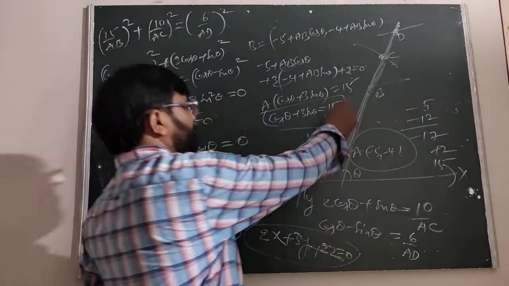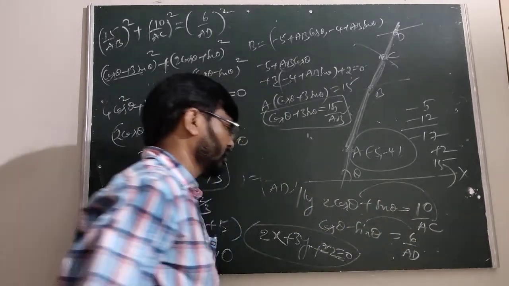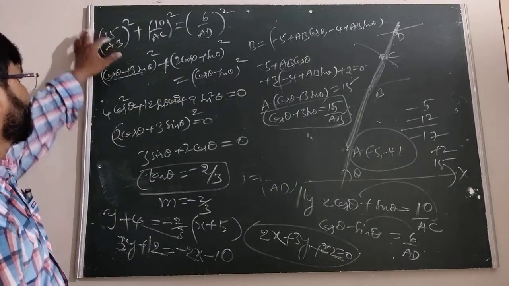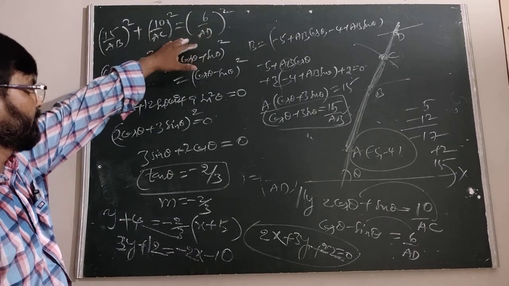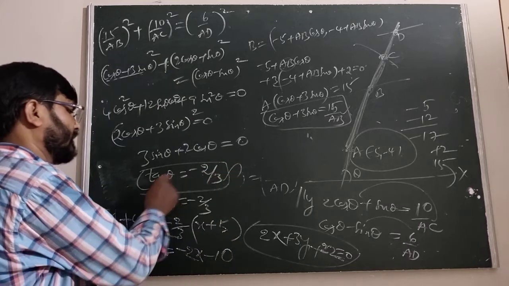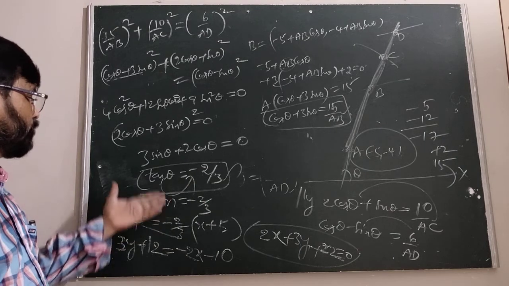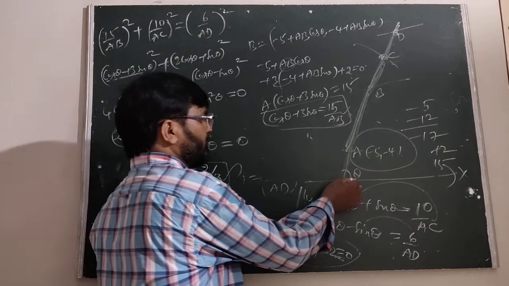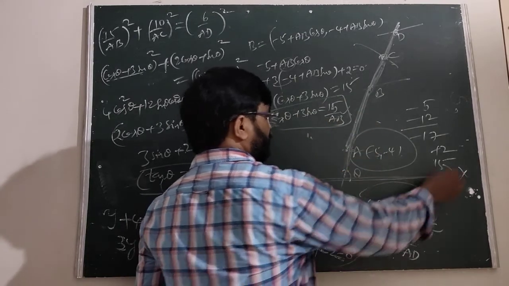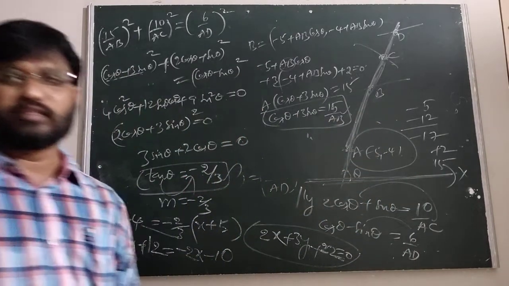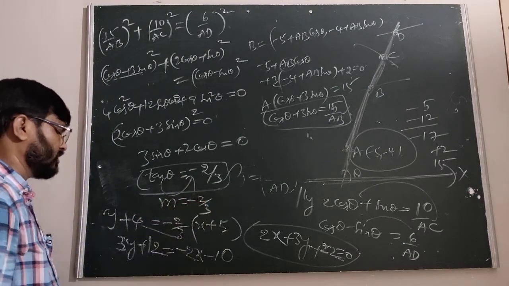We have to get 15 by AB this one, and 10 by AC this one, 6 by AD this one. So the condition given is 15 by AB whole square, 10 by AC whole square, 6 by AD whole square. In this case we got tan theta as minus of 2 by 3. That means it is the slope of the tangent. Because theta, we have to take as the inclination. The line makes an angle theta with the positive direction of the x-axis. Theta is nothing but inclination. M is called tan theta. Therefore, tan theta is minus of 2 by 3.